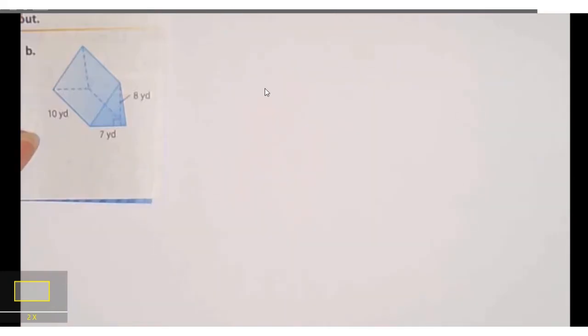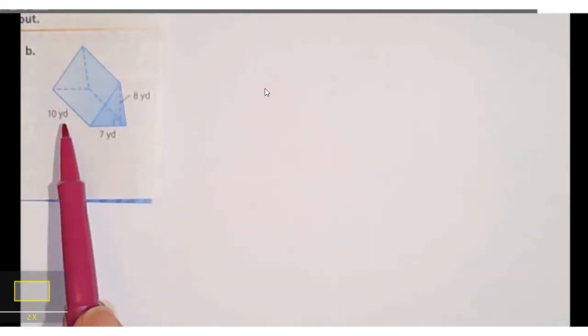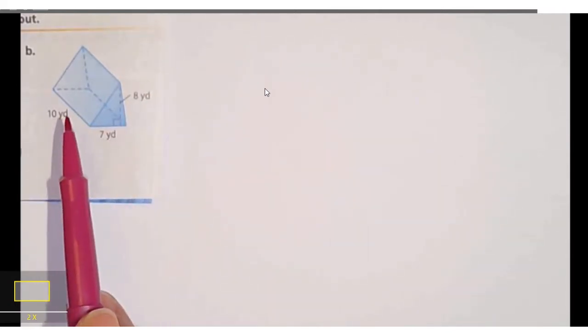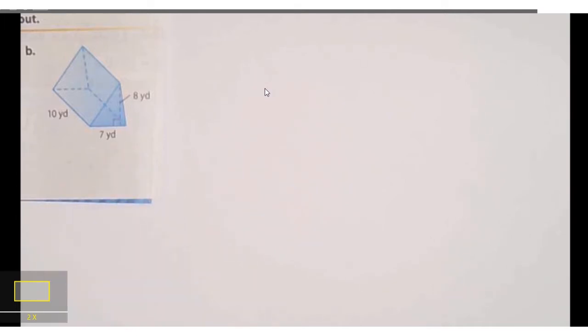Okay, students, here's another example that we could work on together. I'm going to go ahead and identify what I know. I know that there are only two bases here. We have a 10 and we have a 7. And the reason I know that is because, remember I was telling you, the bases are for this triangular